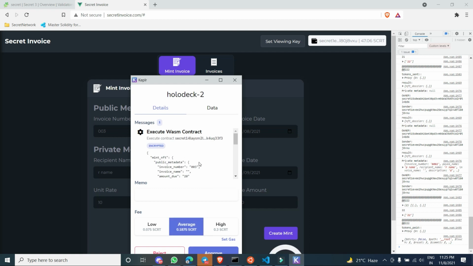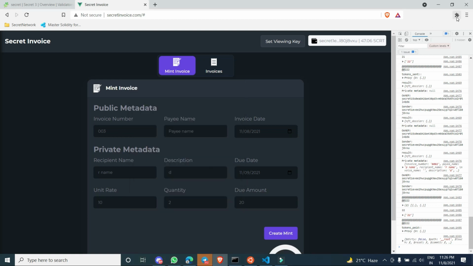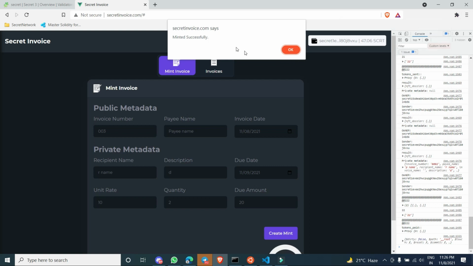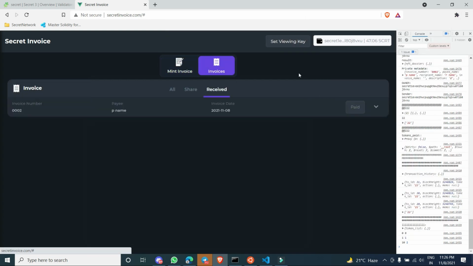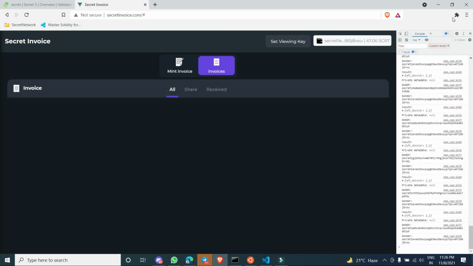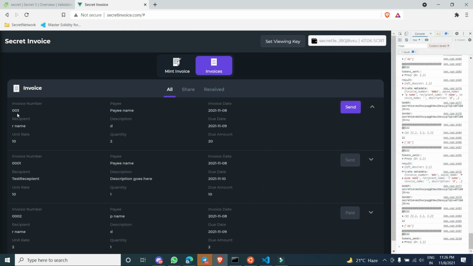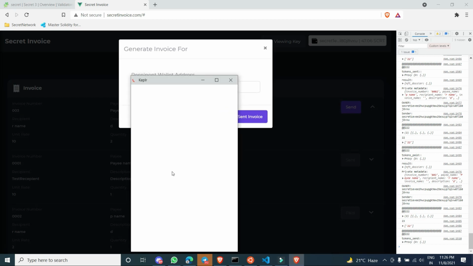this will mint an NFT on the Holodeck testnet, and currently I am in, I think, test 2 wallet. So that is minted successfully, and we can see it in this list, and I am in test 2. So this 003 invoice number is generated right now. So if I send this to test 1 wallet address,